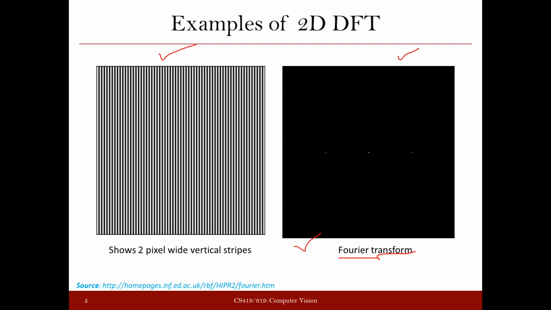So here nothing is said, you can assume that this is magnitude spectrum. Now whenever you are analyzing the magnitude spectrum, as we just discussed, that magnitude spectrum is a symmetrical function, you can see. So here you see that there are 2 points, one white point on this side, another white point on this side.